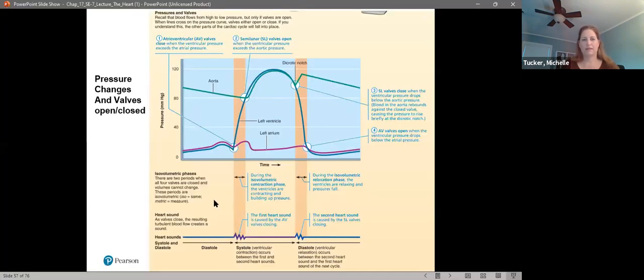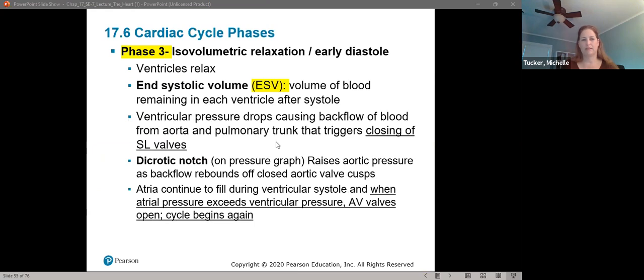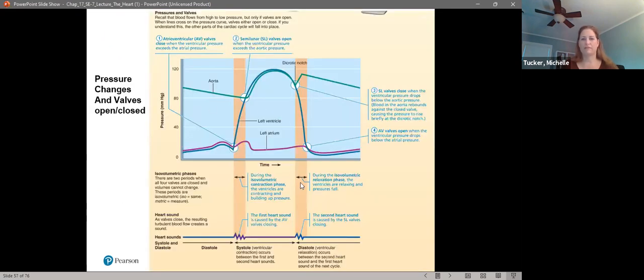I would recommend reading these, but then spend some time on the graphs so that you understand when the valves are closing or opening, where we are going to establish